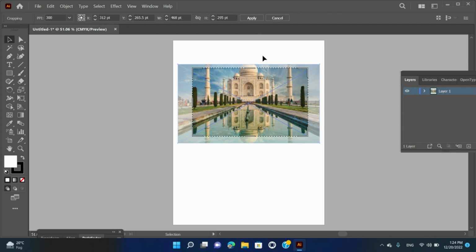7. Optional: specify the cropping options using the control panel. 8. Do one of the following. Click Apply on the control panel. Press Enter (Windows) or Return (Mac OS). At any point, to exit the cropping interface without applying changes, press Escape. Alternatively, click Cancel in the control panel, or select any tool from the Tools panel, except the Zoom tool and